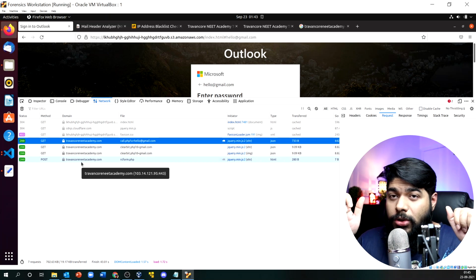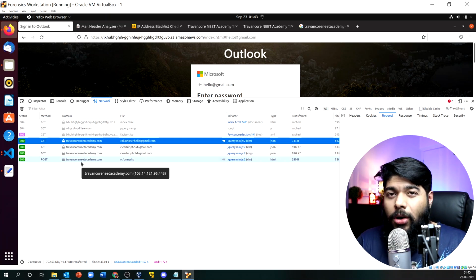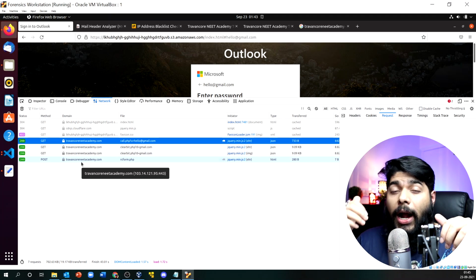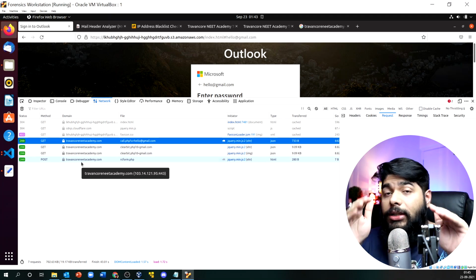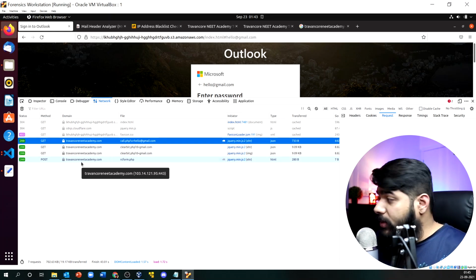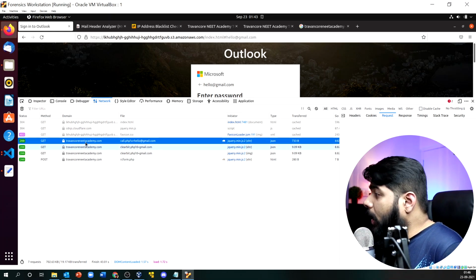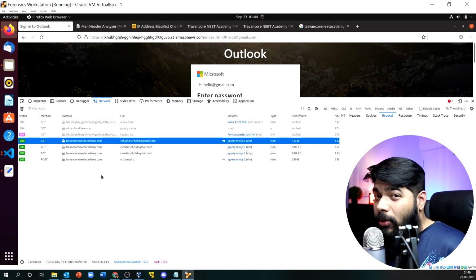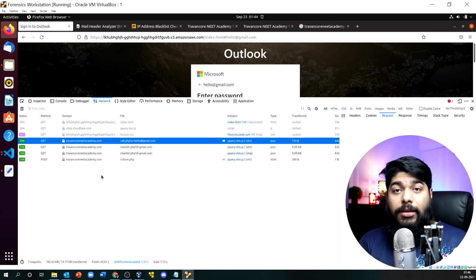You can block those domains in your email server, you can block those IPs in your email server, you can block this particular email address in your email server. And what you can also do in your proxy, whatever you see here, this particular thing, you can block this academy page, you can block these PHP extensions, and overall you can block this whole domain as well